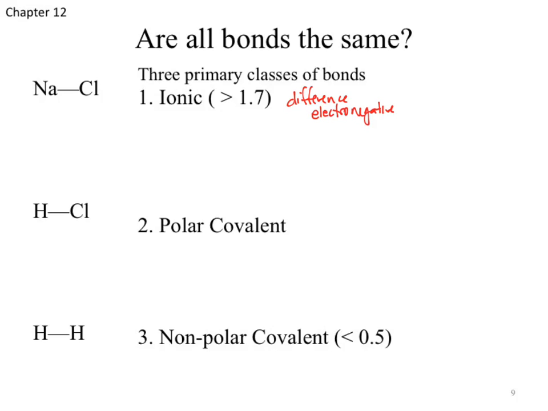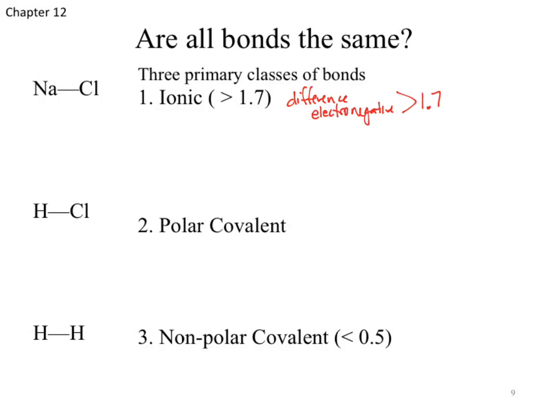Between the atoms that make up that bond. Okay? If that difference is greater than 1.7, we classify it as an ionic bond. So how do we figure out that sodium chloride is an ionic bond? We look up the electronegativity of sodium, we look up the electronegativity of chloride, and we subtract those two. Okay? If that number is bigger than 1.7, it is an ionic bond. Okay? That is the strict definition of ionic.